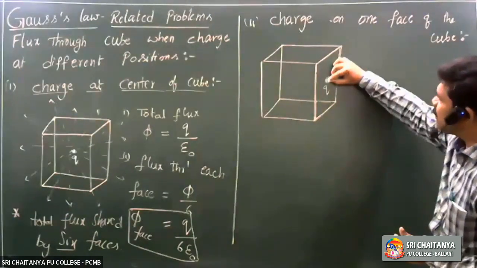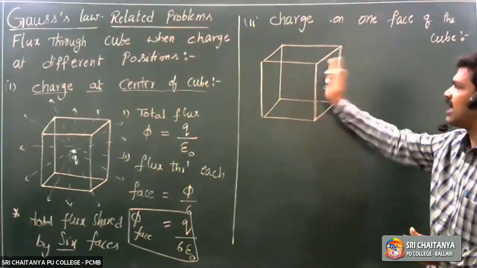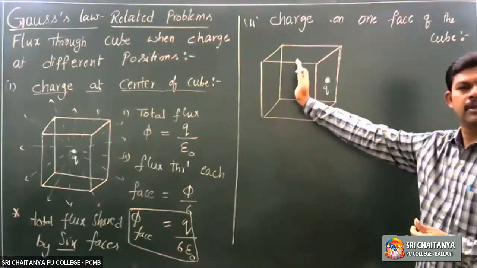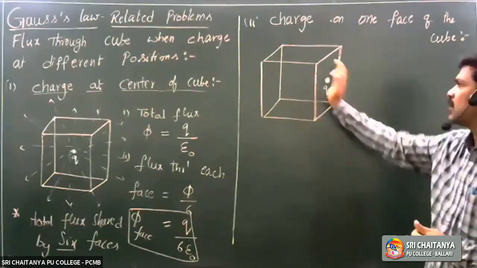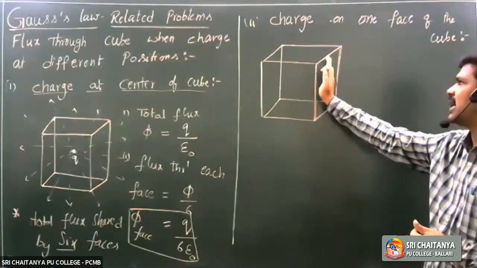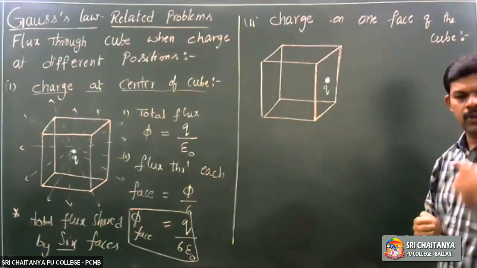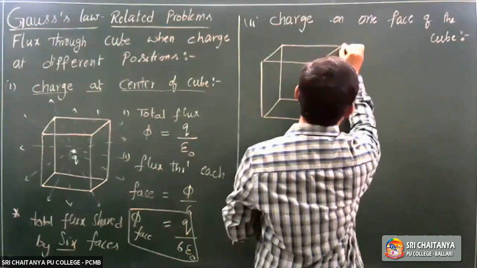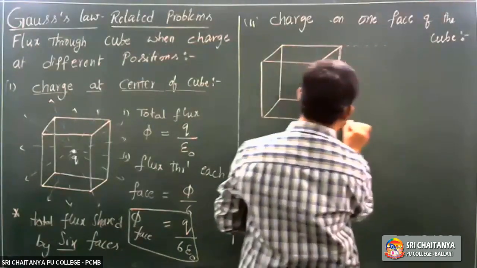But if you observe, when I place this charge on the surface, only half of the charge is into this, the remaining half is out. So the flux due to this charge, half of the flux comes out. To apply Gauss law, I am assuming one more same